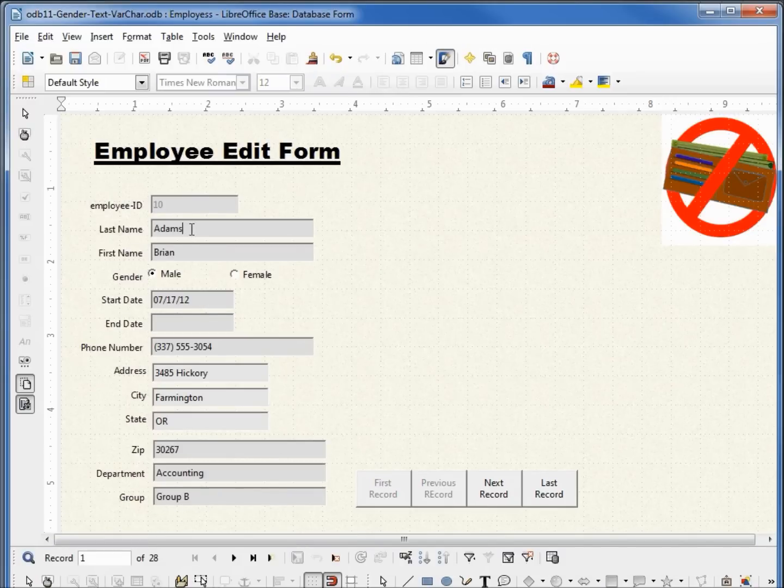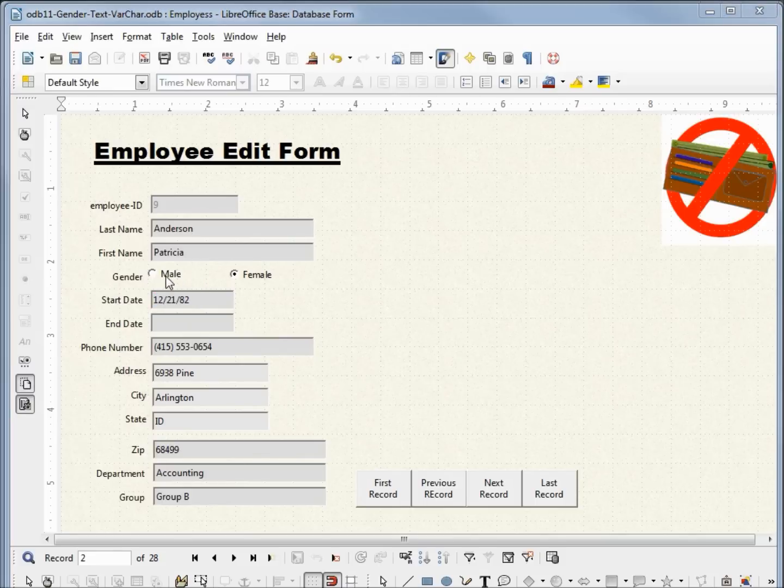Putting the cursor in last name, hitting tab, we see it goes to first name, to male, and then to start date. It's not going to female. If we click on the next one and we see female, I'm putting the cursor into last name, first name, and then it jumps to female. Then when I click next, it jumps down to start date. Don't go crazy trying to make it tab through your radio button. It's only going to go to one of the values in the radio button group.